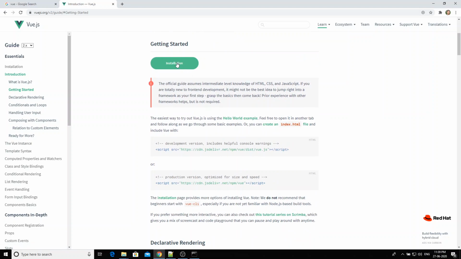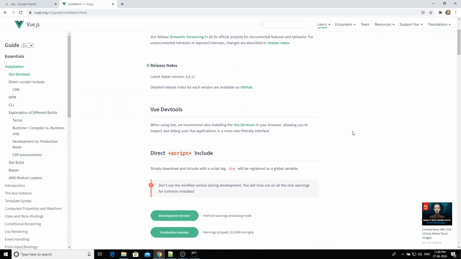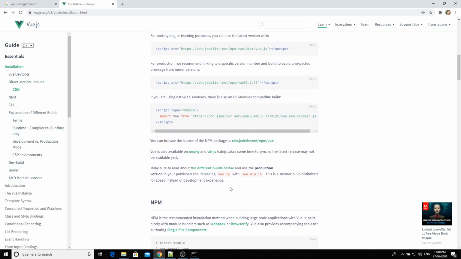Now I will go to the installation. Let's install Vue.js in our project. If you go down to the installation, here you will be able to see CDN. Vue.js can be installed in many ways. We can install it through CDN or through the Node Package Manager.